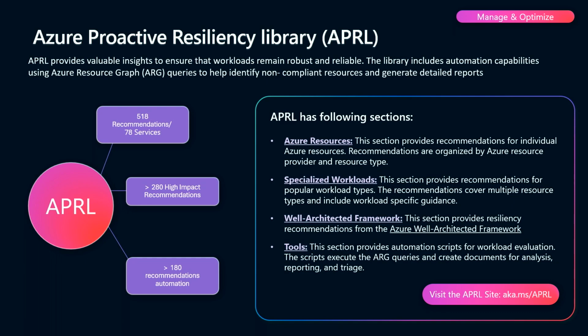We also have some links in there, of course, so it gives you all this information, but how do you remediate it? Because really, it's great that you know where your gaps are, but we want you to remediate these things as well, because that's really where the value comes in. We also give you some information around where do you go to actually remediate the particular gap that may have come up. So the Proactive Resiliency Library, it's available right now.